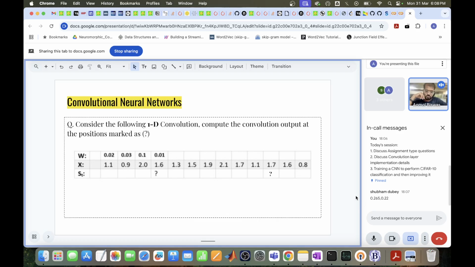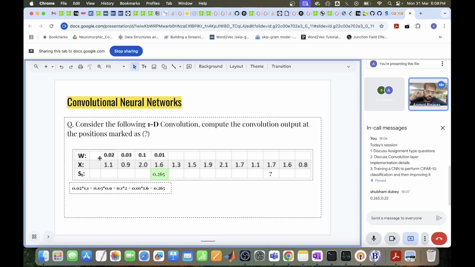Okay, so there's an answer. Yeah, I think this is correct. Let's see. Yes. So the first one is very straightforward, right? Because they want to show the weights as they're supposed to be placed. So you just do 0.02 times this plus 0.03 times 0.9 plus 0.1 times 2 plus 0.01 times 1.6, and